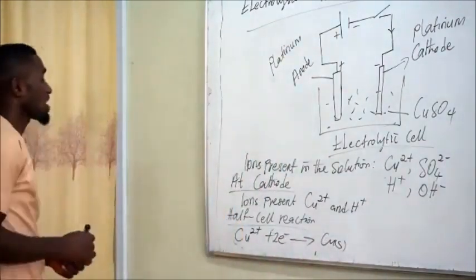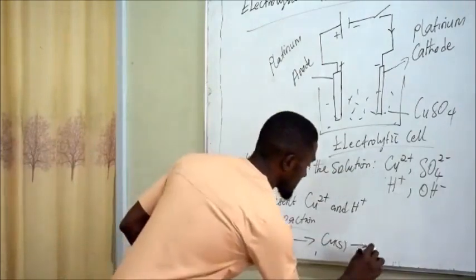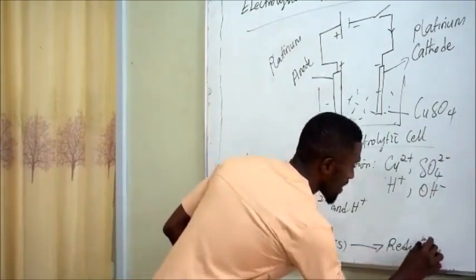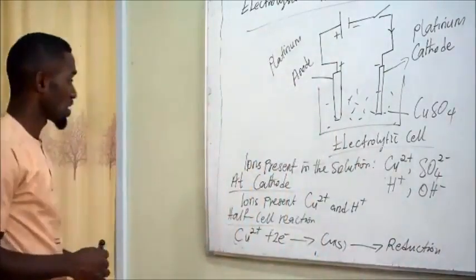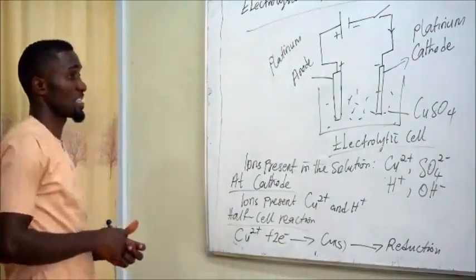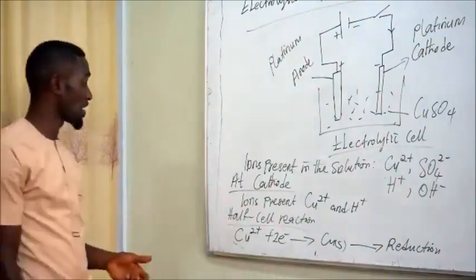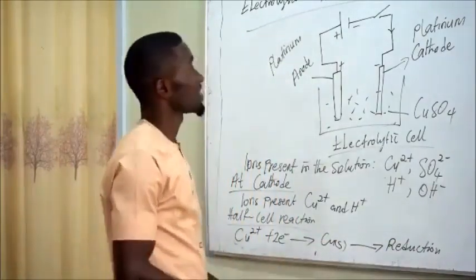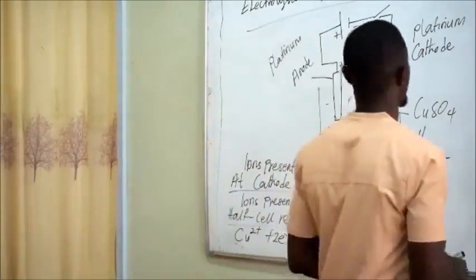So at the cathode, copper gains electron and is deposited as metallic copper. It will be deposited as metallic copper. So reduction occurs at the cathode. Then when we go over to the anode,